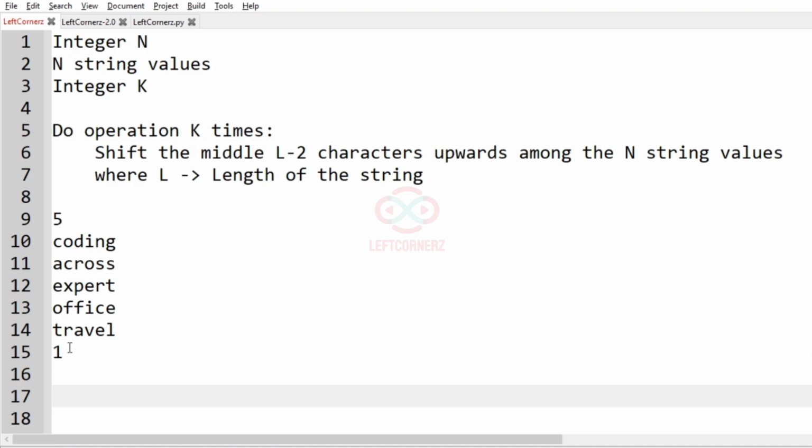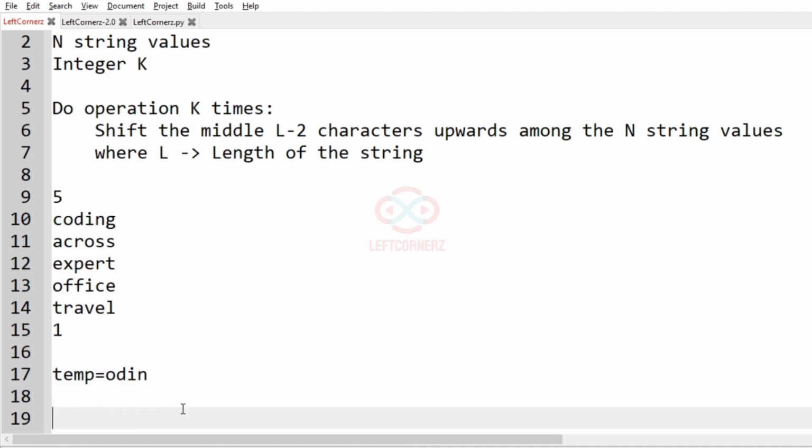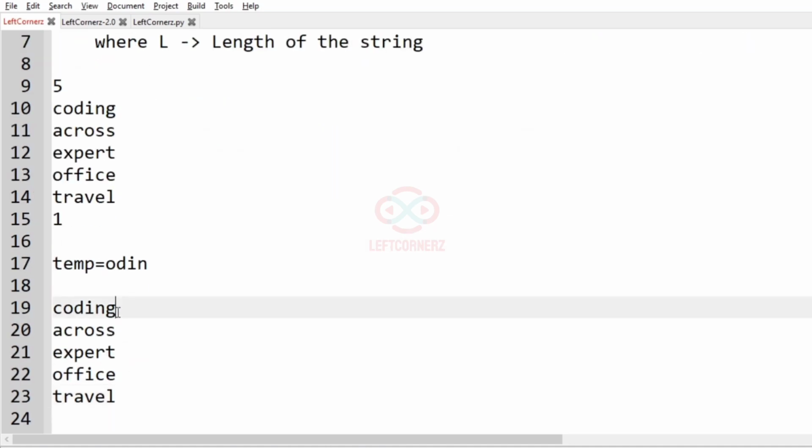Let's consider a variable called temp, and let us store the middle characters of the first string in temp. So ODIN will be stored in temp. And now let us paste the strings here. After pasting we have to shift the middle characters. So ODIN should be replaced with the next string's middle characters, CROS. So let us copy,